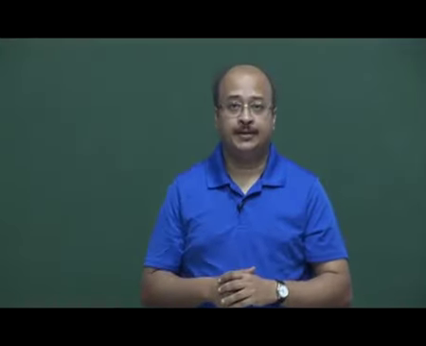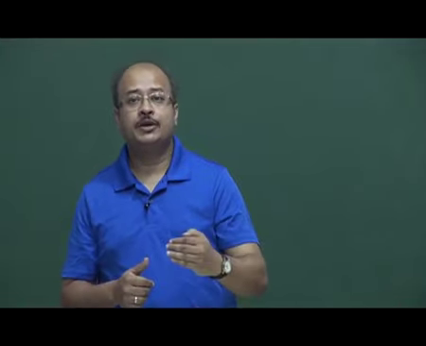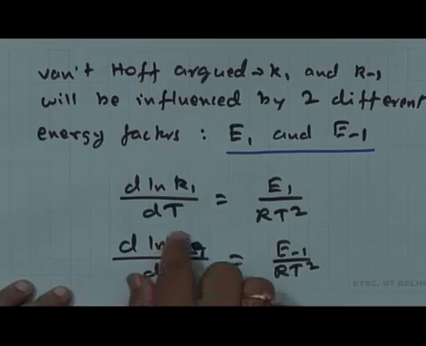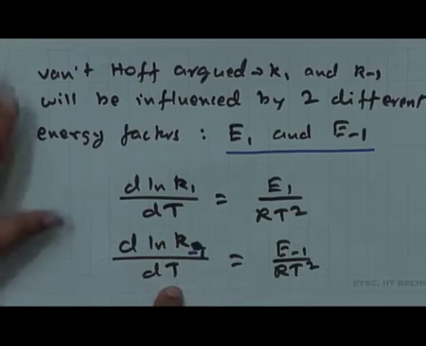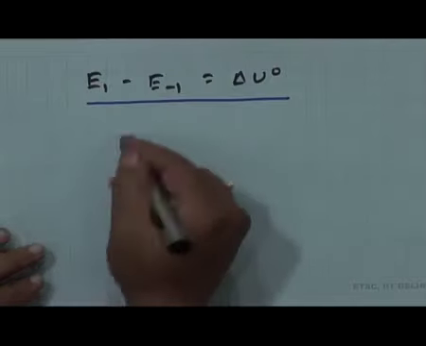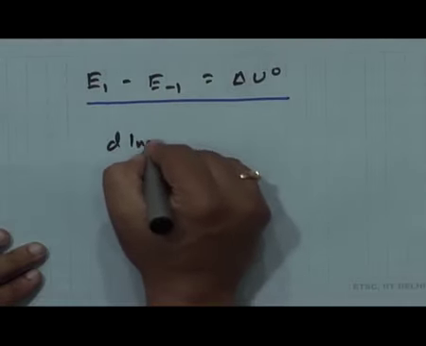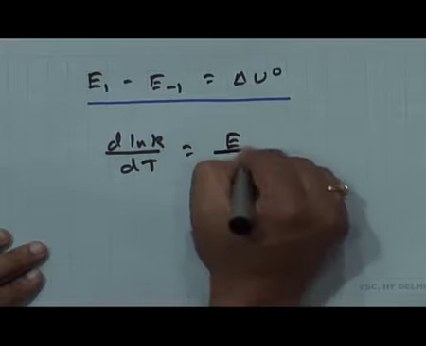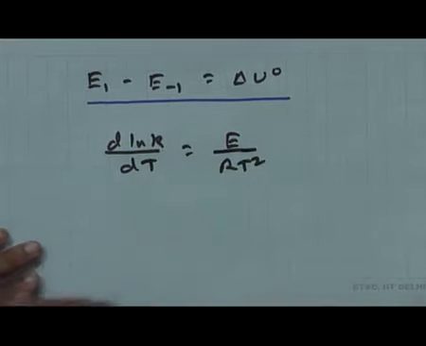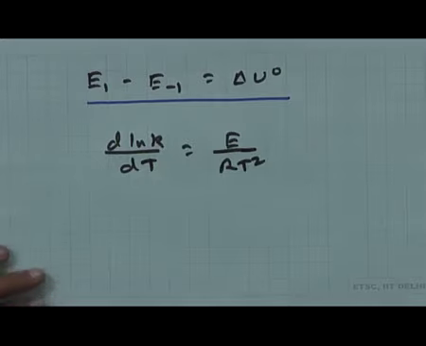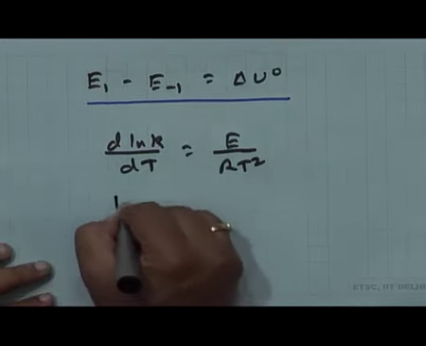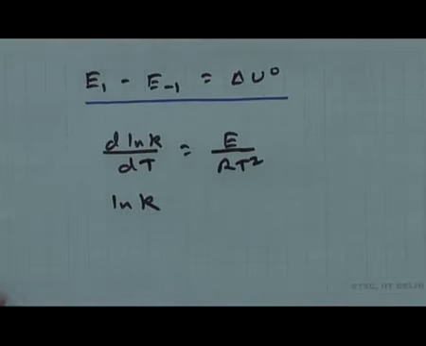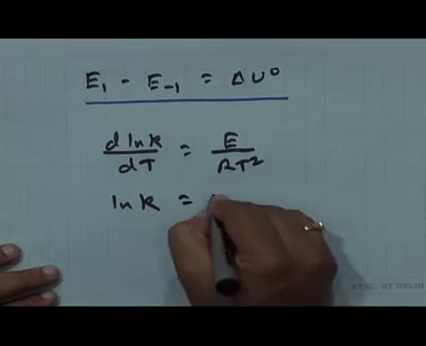Once you have all these set, then it becomes very clear. So, if you would integrate one of these equations, say for example, d ln k over dT is equal to E over R T square, and if you would integrate this equation, then what you will be getting is ln k. So, that means you can take dT over this side, do the corresponding integration, you will be getting is equal to